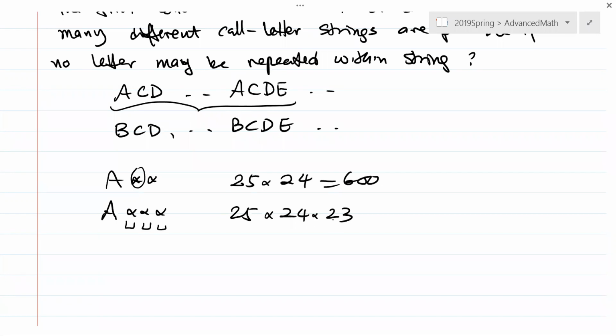But the A is already used, so you can only select from B to the last one, Z, 25 choices. Then you select the next letter, but you only have 24 choices now. Then you select the third letter, 23 choices. So the total possible combinations will be the product of those numbers, which is